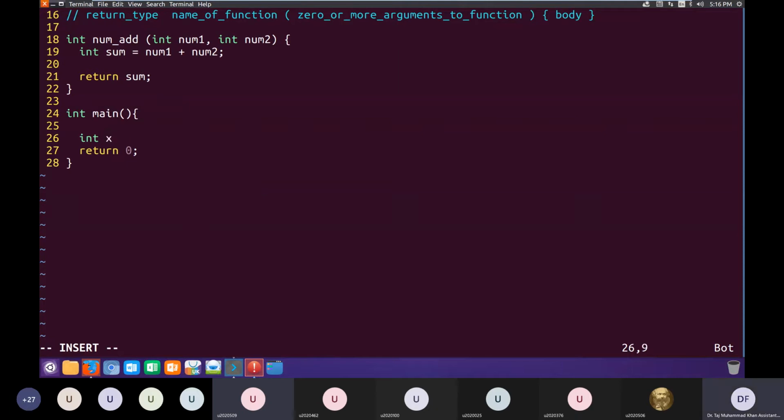Int x is equal to 45. Int y is equal to 78. Int z is equal to 0.